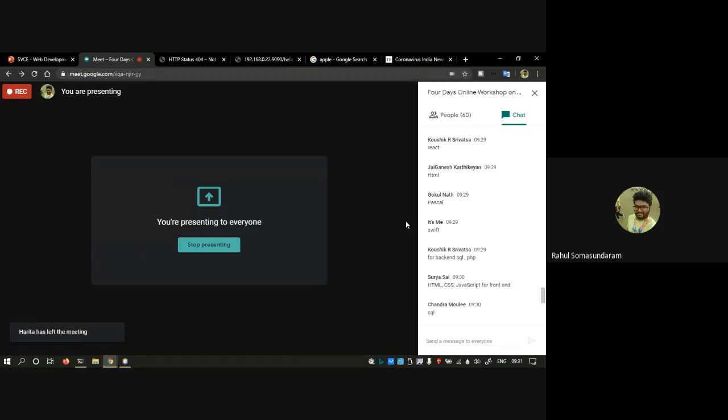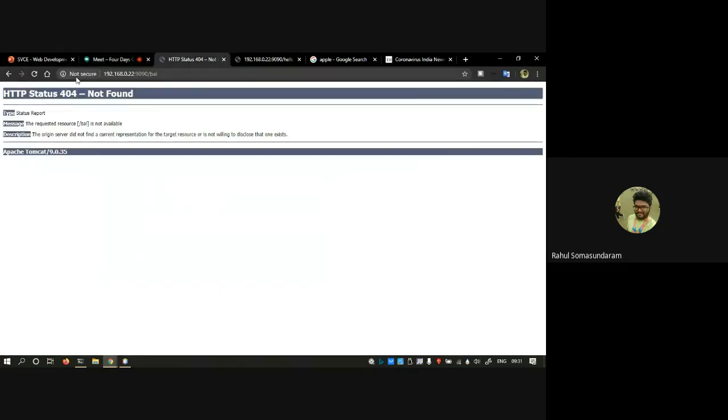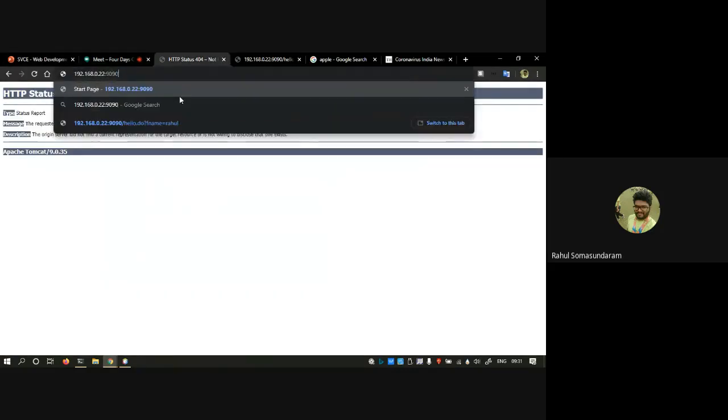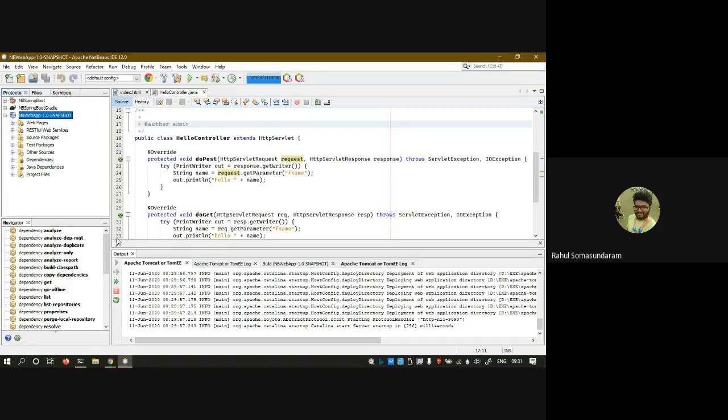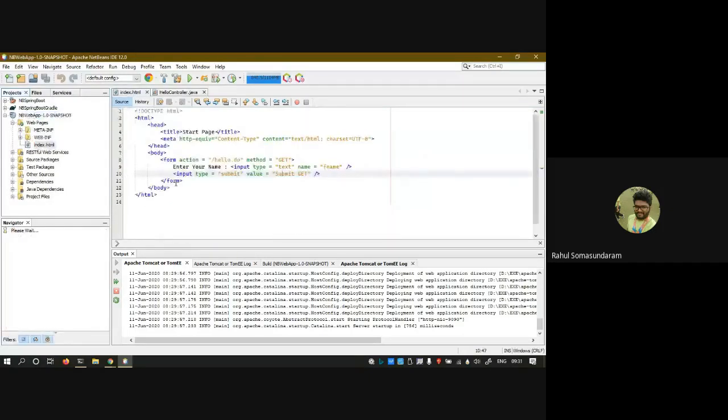Okay, fine. For backend languages, we can use Java, C++, C#, Golang, Ruby, Swift, and all of that for backend. So what do front end and backend mean? The front end is the thing which the user is viewing. In this example, this is the front end. This is a simple HTML page.